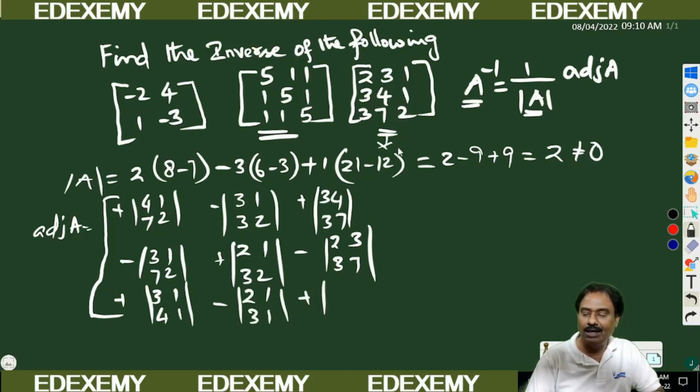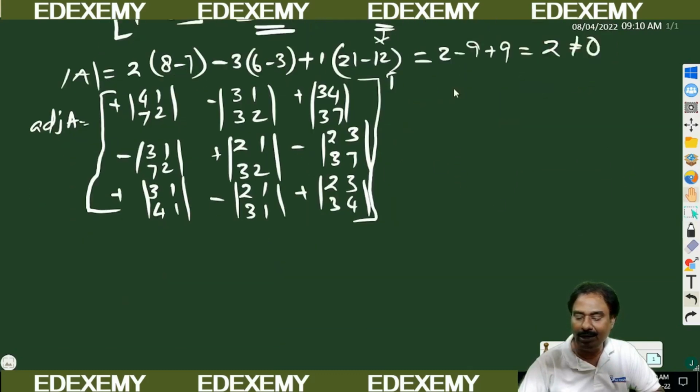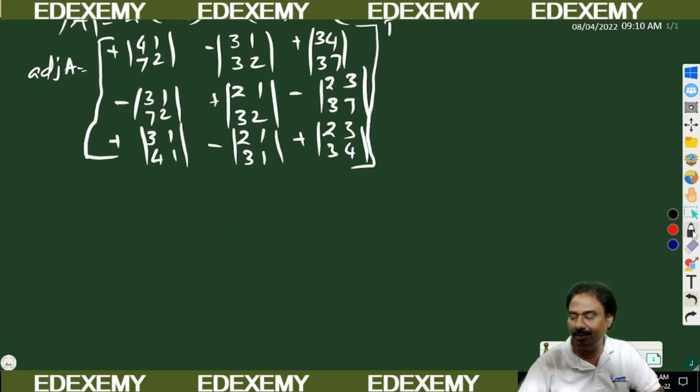Okay, now plus final one. You leave that row and column. You will get 2 3, 3 4. Okay, now you have to find the transpose T. Don't forget to put T. Now we will simplify this and get the value of adjoint of A. We will move this,